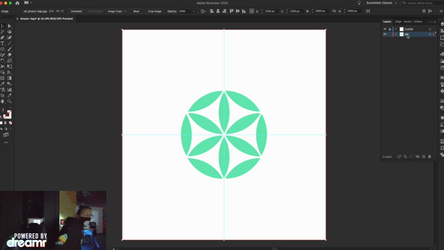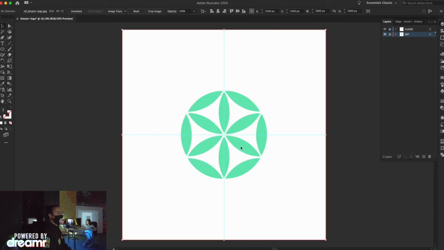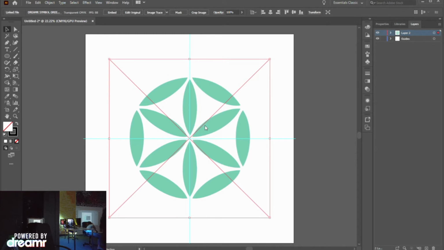You're going to open up your layer again. We're going to rename this one REF for reference. And then where it says template, you're going to click that on. So now that we have our guides and our reference,